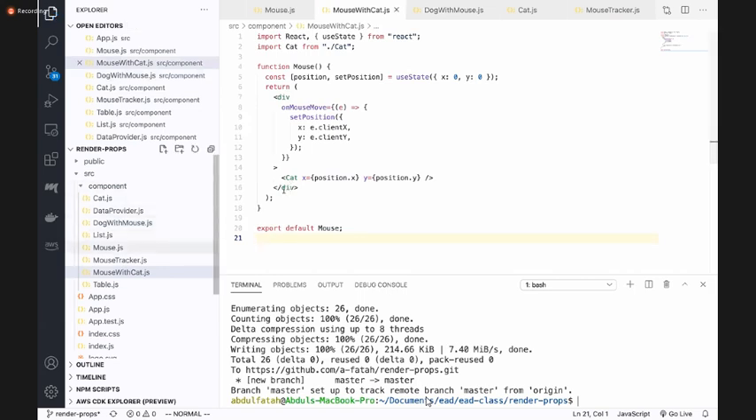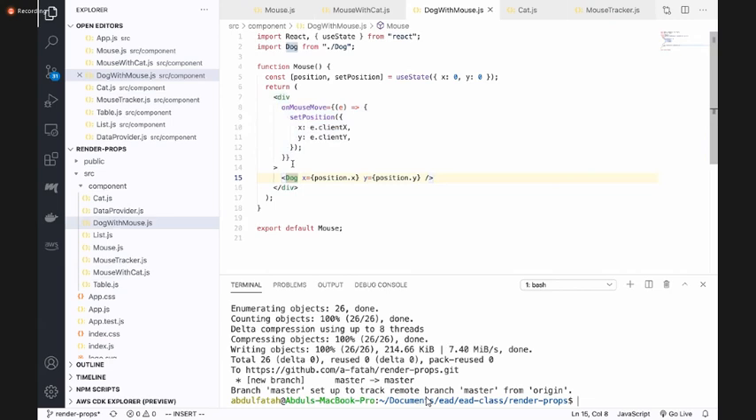इसके अंदर, जिसके अंदर कैट है, और डॉग विद माउस के अंदर, ये सारा कोड सेम है, सही है। सिर्फ ये वाली लाइन चेंज हो रही है फिर, जहाँ पे हम कंज्यूम कर रहे हैं पोजीशन को, ठीक है। तो रेंडर प्रॉप्स आपको क्या कहता है, रेंडर प्रॉप्स ये कहता है आपको, ये एक पैटर्न है, वो ये कहता है